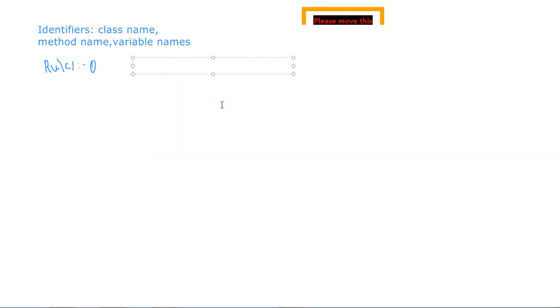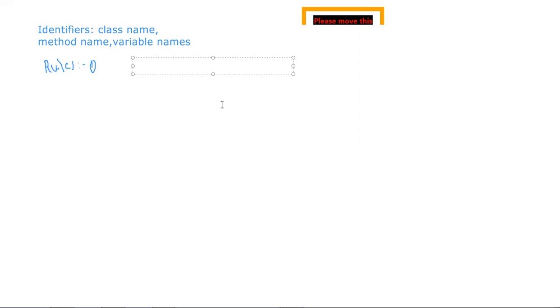If we use any other character, we'll get a compile time error. So these are the allowed characters.